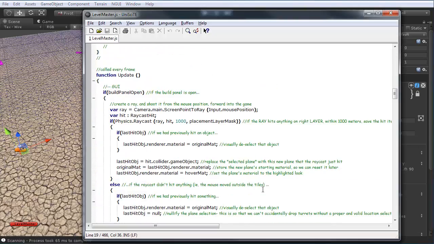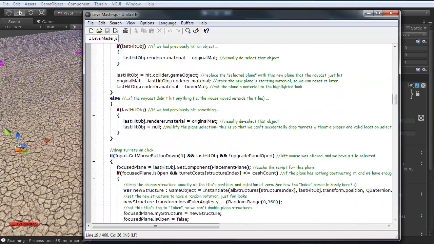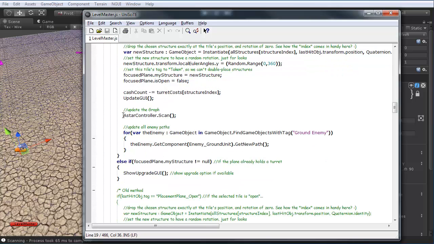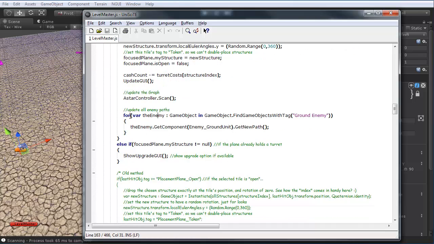Back to the script itself here. So we just call A-star controller.scan, and this is the method that will force it to rebuild that graph, which is very, very quick actually. It's not something you have to worry about normally, but you don't want to be doing it more often than you have to, of course. So we'll just do it right here as soon as that turret is placed, so it can rescan around the turret. Then we're going to tell each and every enemy in the game, so we find every